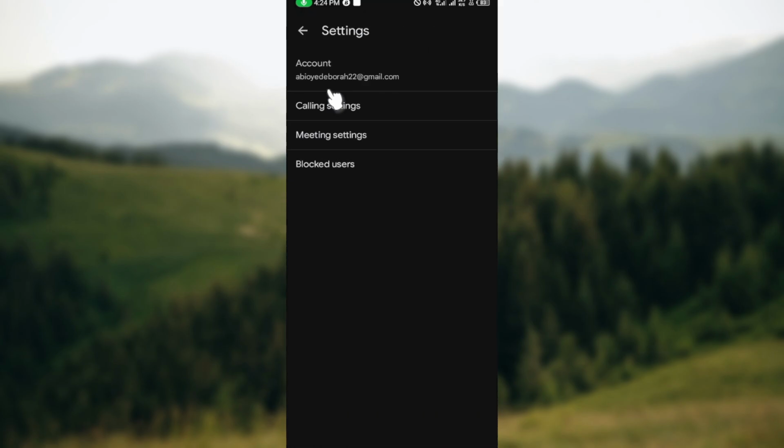Now at this stage I must let you know that for you to be able to change your Google Meet background, you would have to be making use of the free version or paid version of Google Meet. That is, you have to have a paid working email. So for me, I'm making use of the free version, and because of that, after clicking on the settings icon,